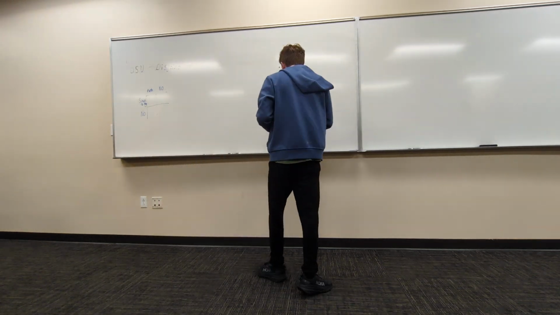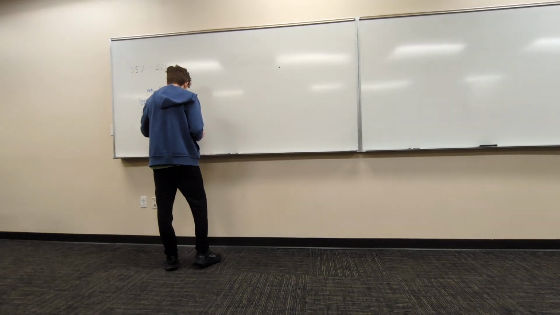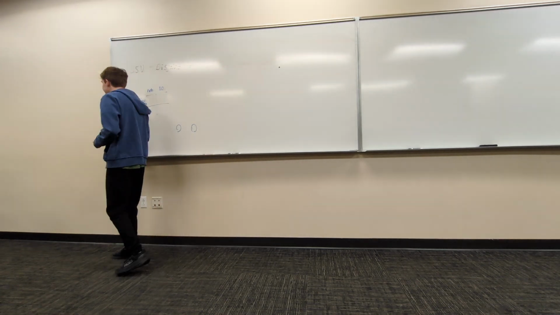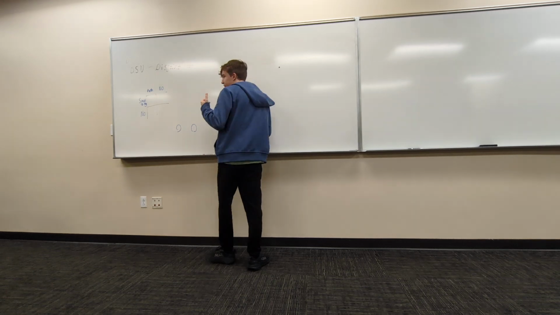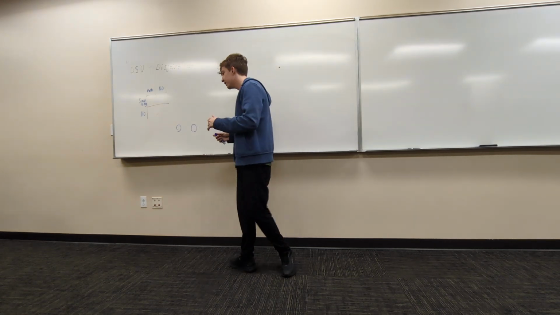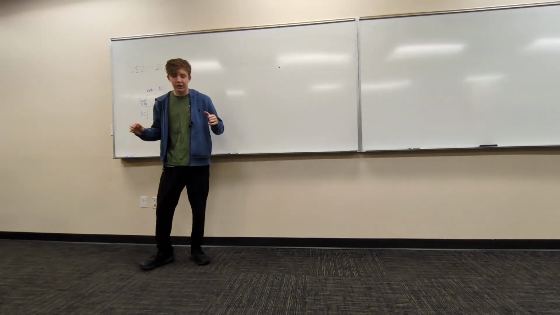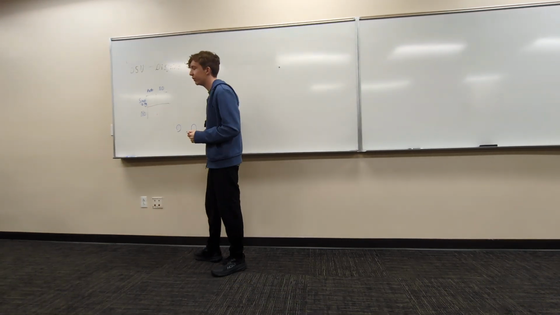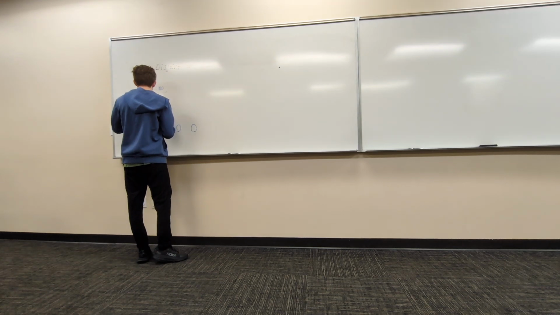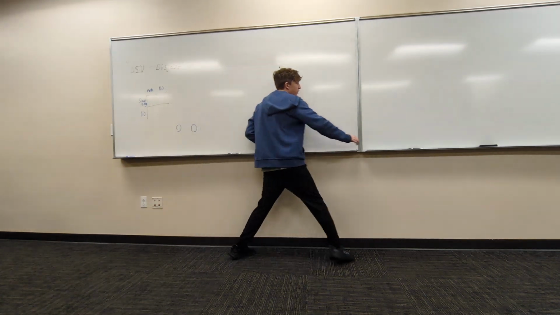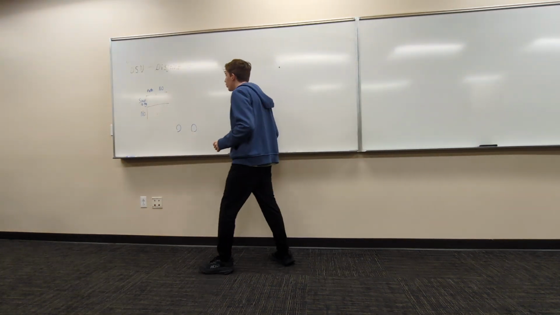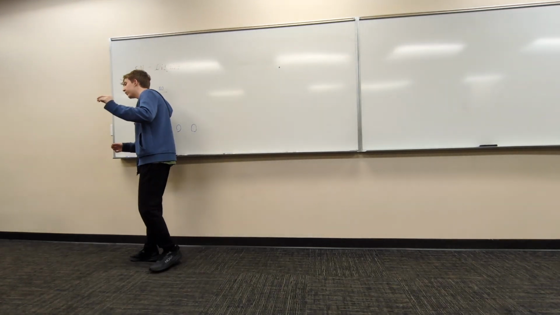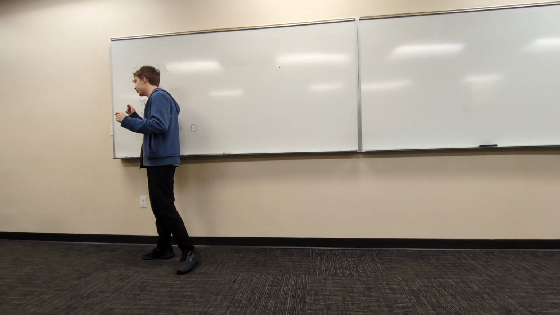So the DSU maintains this tree, where every node has a parent, and the root of a component is the representative of the component, right? And so checking if two nodes are connected to each other is equivalent to checking if they have the same representative. Now, if you use this small to big heuristic, the idea is that whenever you join two components, you will point the representative of the smaller component to the representative of the larger